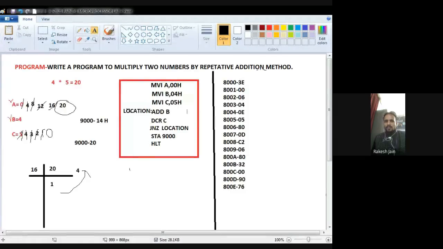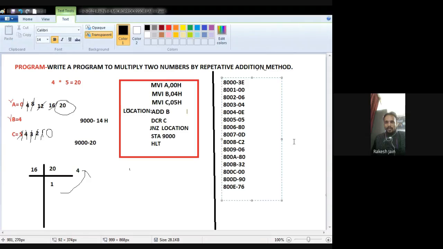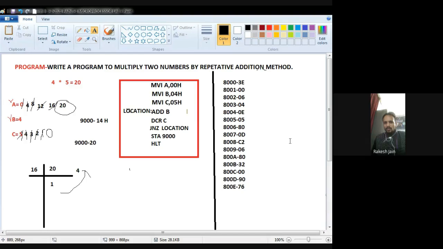One more time I am showing you this, and you just take this image of this MS Paint file, so that whenever I upload the opcode, you will not be confused. From 8000 to 800E, just remember in your mind. Okay, just take a pic or anything, so you will understand what I will have to do in the 8085 simulator.